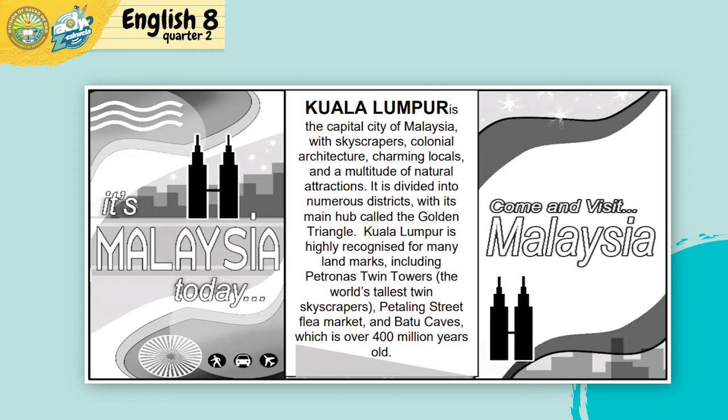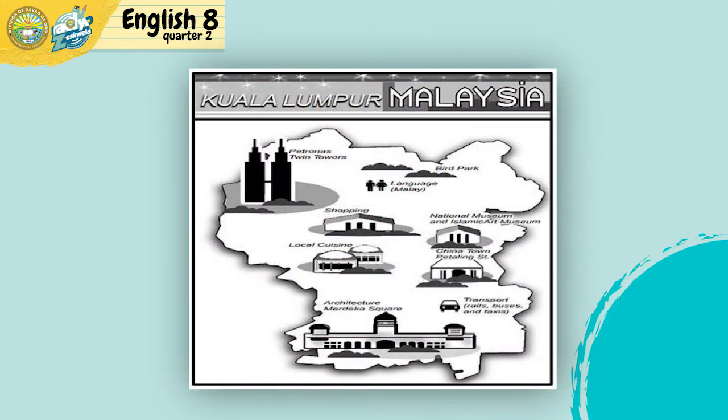Come and visit Malaysia. Okay, here's now our infographic still about Kuala Lumpur, Malaysia, showing you icons of the landmarks. And this is up for you to examine what information or data you can get from the brochure and